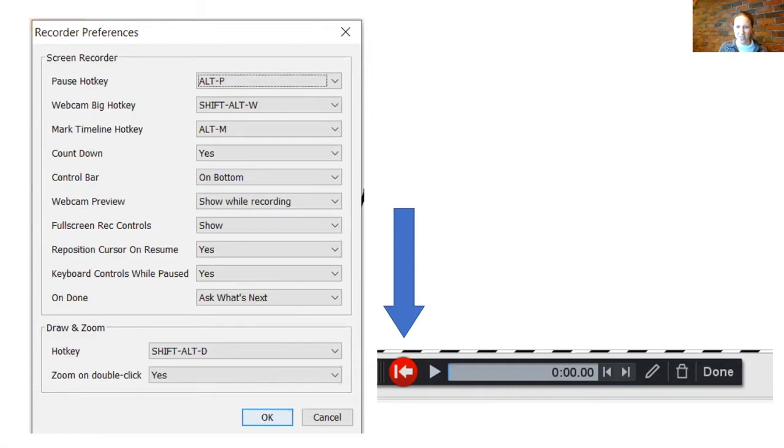Of course, if you like having yourself as your audience and that is a helpful interaction, then feel free to leave it on, but it's just something that you can change on Screencast-O-Matic. And one other thing is